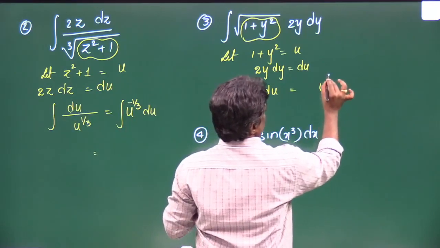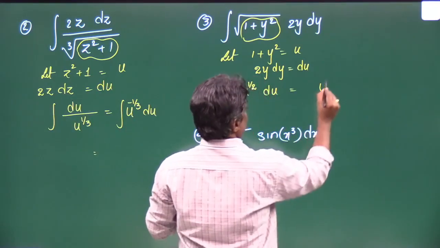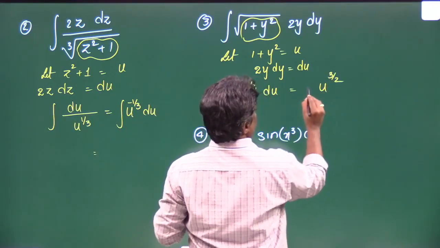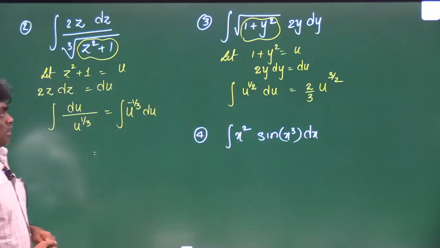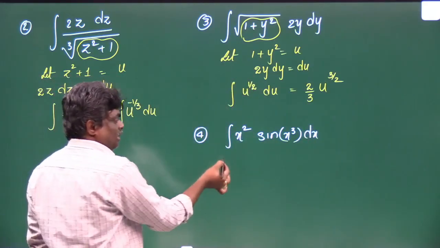This is u power, 3 by 2, divided by 3 by 2. That's why 2 by 3. So come on, do it yourself. And here also,